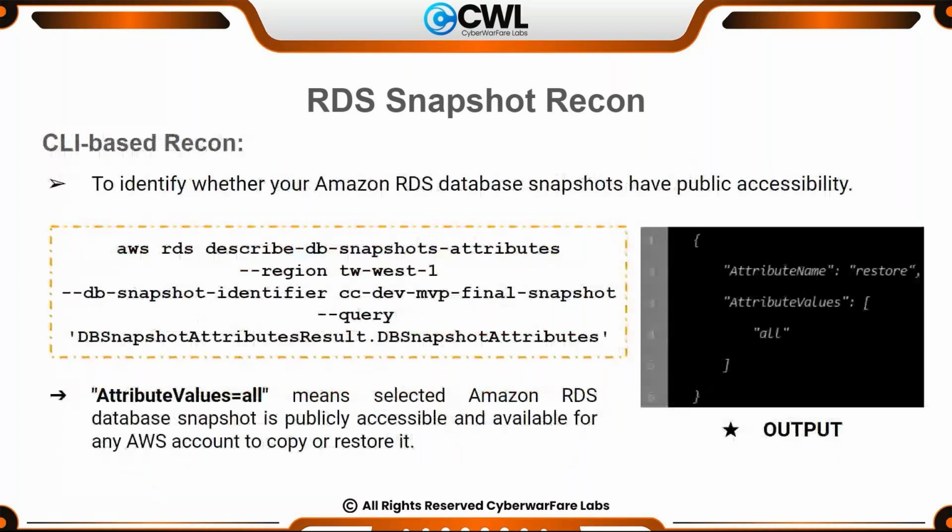So next, we can also see whether the selected RDS database snapshot is encrypted or not. To do so, we have to run this command. And we need to specify the AWS region and the RDS DB snapshot identifier here. So the --query field is very important for this command as it extracts the storage encryption status of the snapshot of the DB instance from the output. As you can see here in the screenshot, after executing the command, we receive an output of false, indicating that